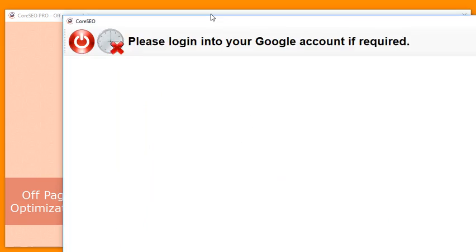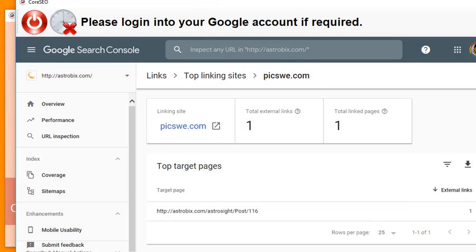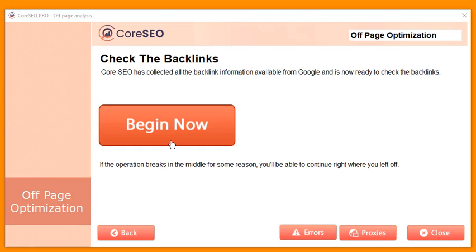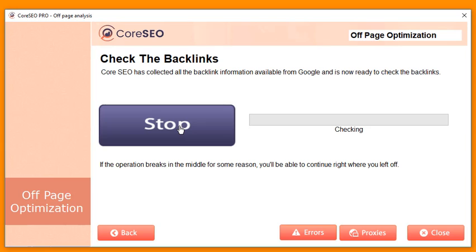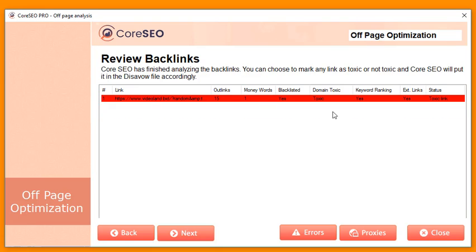Click on begin now. It's going to get the backlinks from Google again. Gonna take a few seconds to do that, and once it's done, it's ready to check the backlinks. Click on begin now and it will start the checking process. So it's calculating the scores now, and then it's going to give you a report about what happened with the